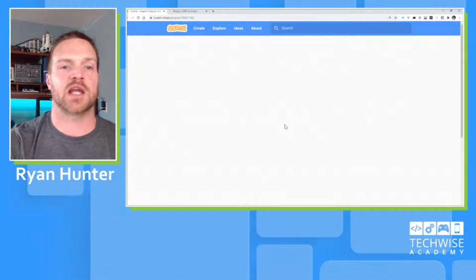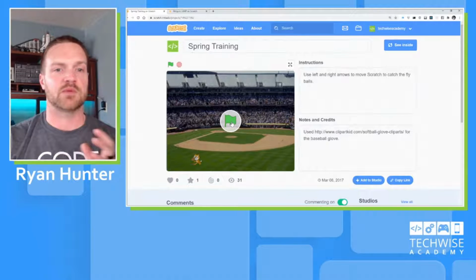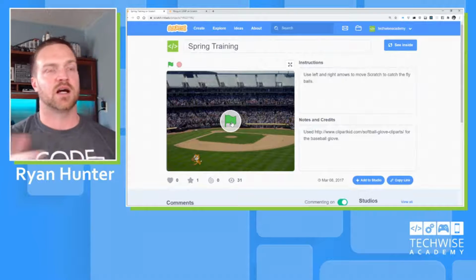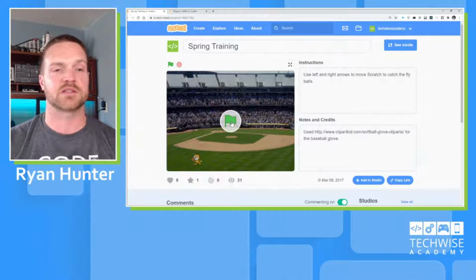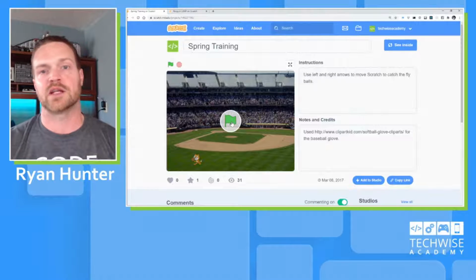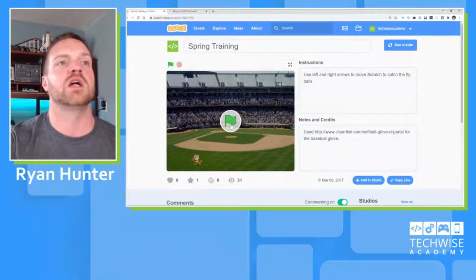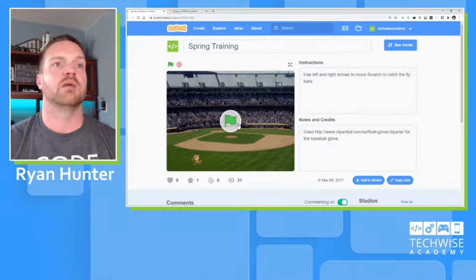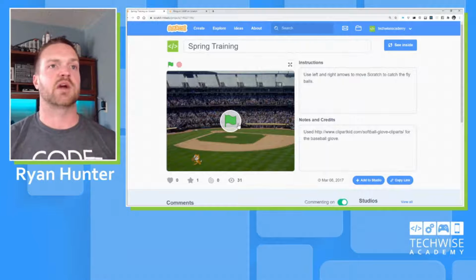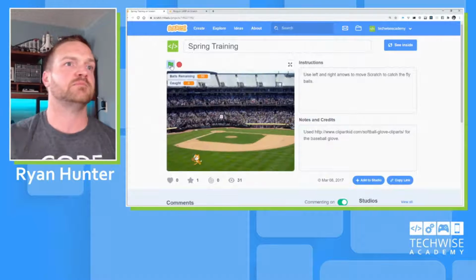But in this particular game, Scratch is a two-dimensional game. It means that we can see things left and right and up and down, but there's really no depth for us in the Scratch programming environment. This is different from Roblox or any other 3D modeling software. Scratch is completely two-dimensional. And so when we make games that we want to give some dimension to, so that it feels like the game is much deeper and the players can interact a lot better, we have to do some things to make that happen. So watch this game